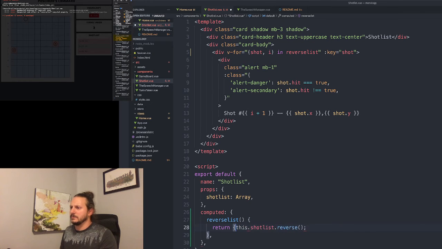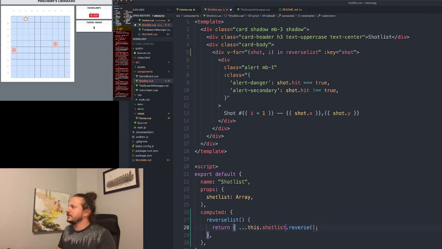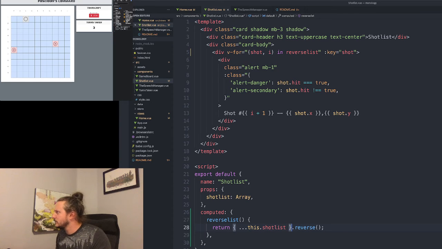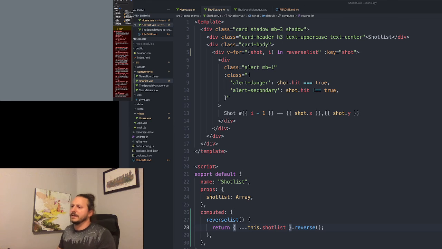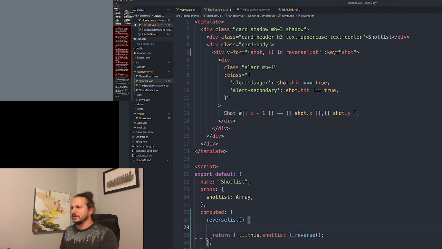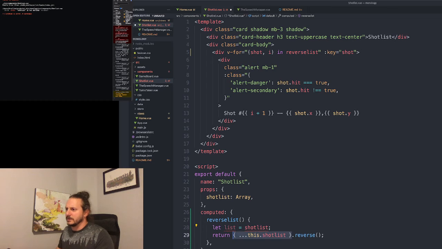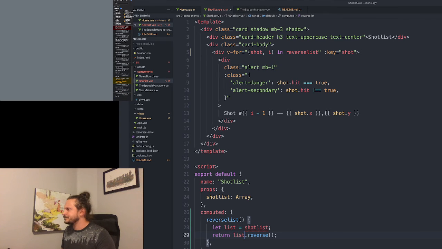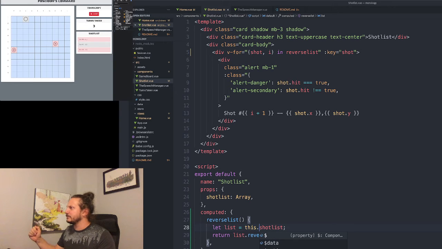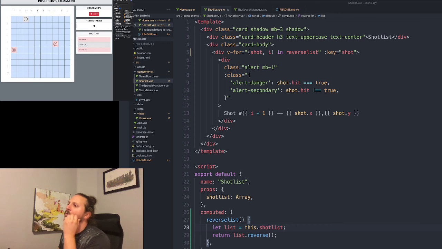Let's see, it should do that for me. It's angry at me now. Hold on. Yeah, I can't do the expand one. What we need to do is a computed init: let list equal shot list. And then we do a reverse on list. Save. Well, this dot shot list. Are you gonna be happy about that? This game doesn't like me very much anymore. Let's see. Save. Refresh. What are you yelling about? Good. Shot 1, 2. Oh, ho, ho. And now here's our problem with the